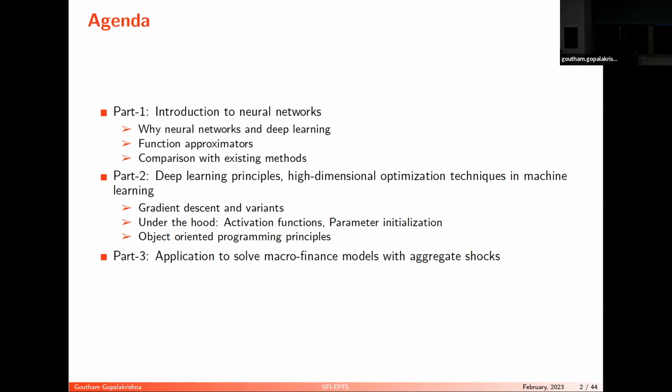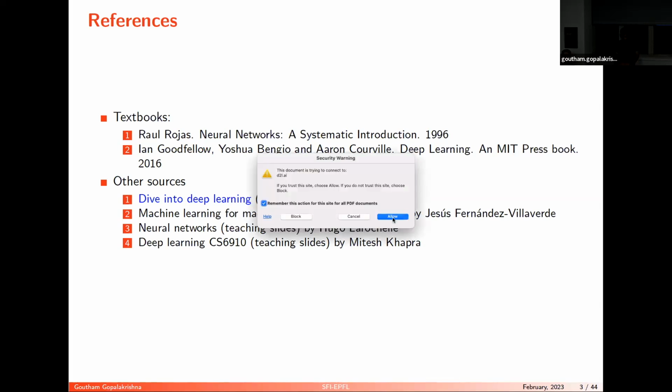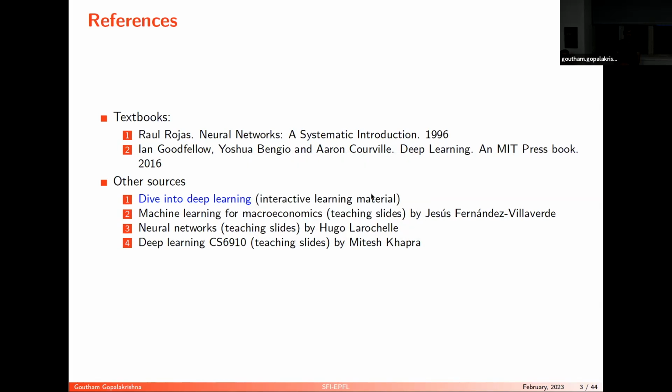Okay, that's the agenda, and here are the references. Most of the materials, especially in the first two parts, will be drawn from these materials. A couple of excellent textbooks here, but there are also lots of other sources. I encourage you to take a look at this interactive learning material called Dive into Deep Learning. And there are other slides on the macro part from Jesus Fernandez Villaverde. And there are excellent teaching materials by Hugo Larochelle and Hitesh